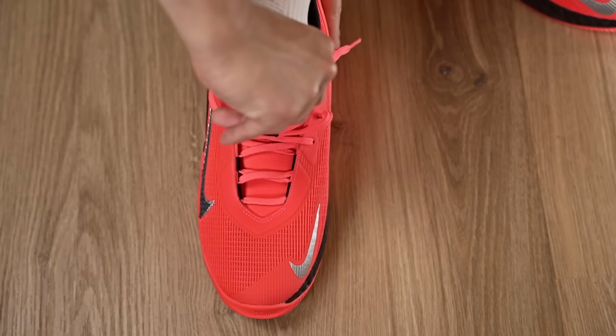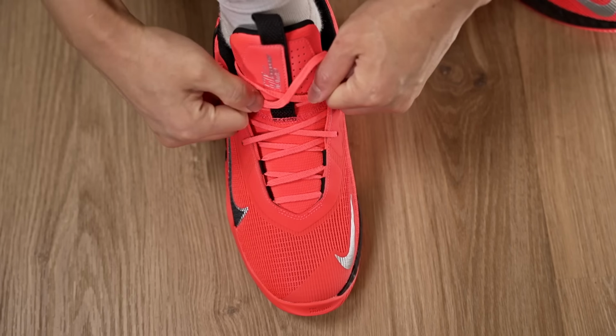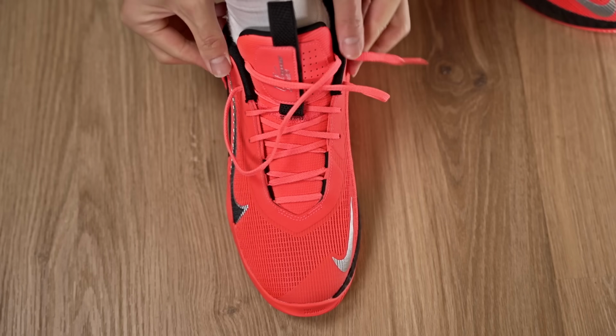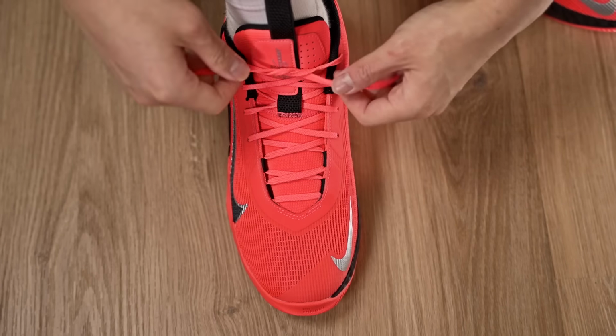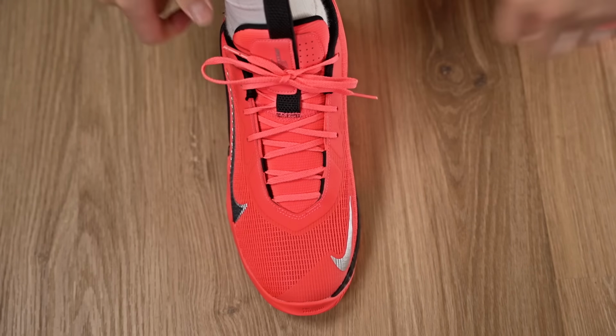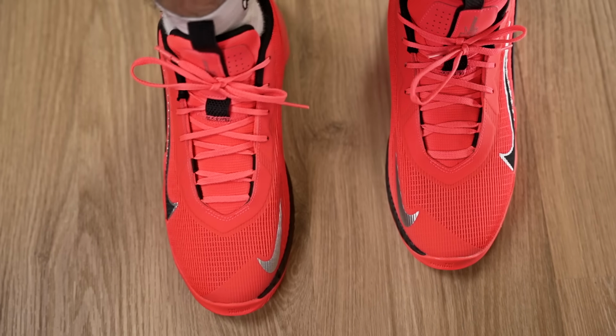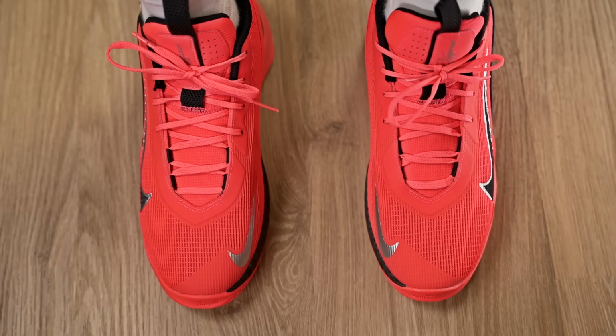So I went true to size, and this shoe fits me pretty dang well, right? Lengthwise, there's a little bit of length, but I'm good to go. Because look at this, freaking pointy. So there's a little bit of length, but it's not that bad, right? Also for the width, it is pretty narrow. Right here, it's not bad, especially where my pinky toe is. But once I get a little bit more into the edge of the toe box,